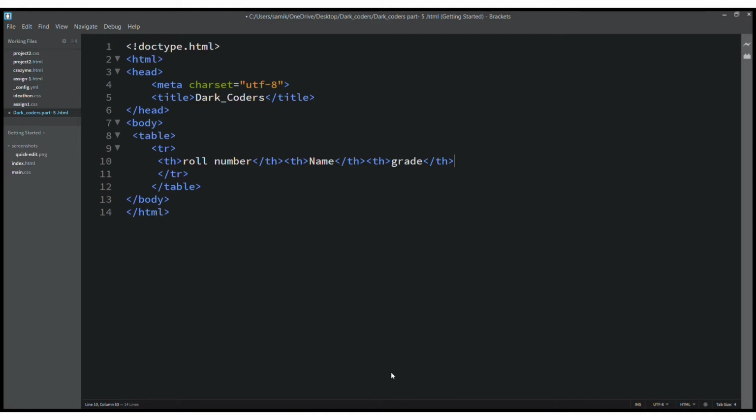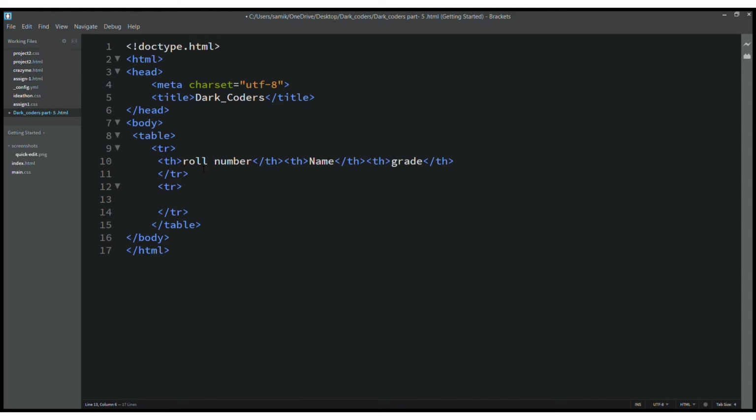After that we will go below this tr tag and give the starting of another tr tag. The most used tag in a table is the tr tag.